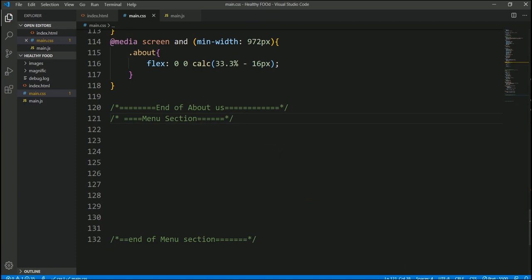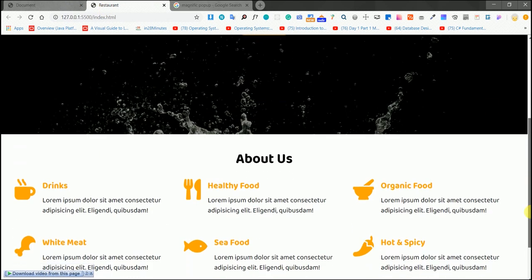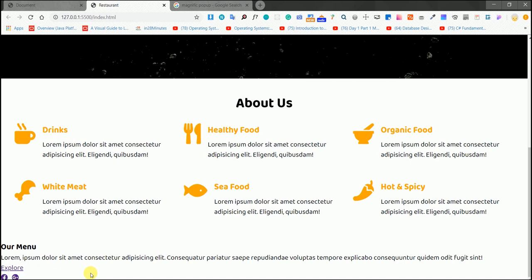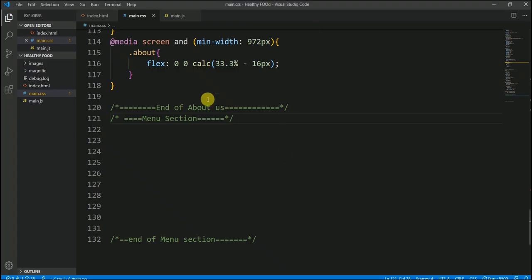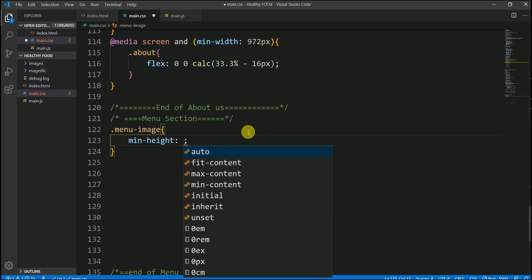And now first of all, let's move on to the browser and see what we had done here. Okay, you guys can see we have our menu already here, but the social icons, we cannot see all the social icons. Later we will see what's going on with the social icons. So first let's start working on our menu section. And here let me use the class of menu image, and here I would like to have a min height, it would be 80 view height,